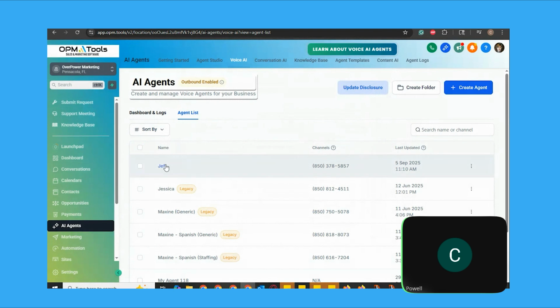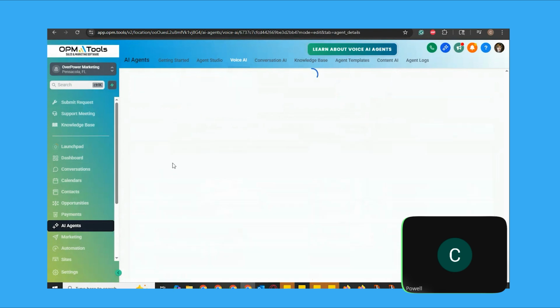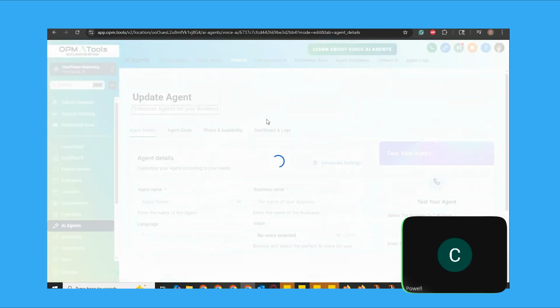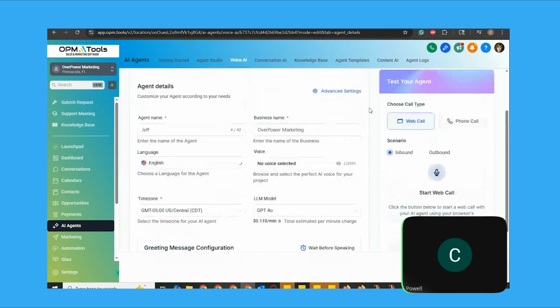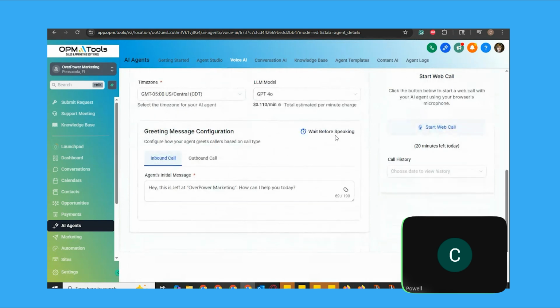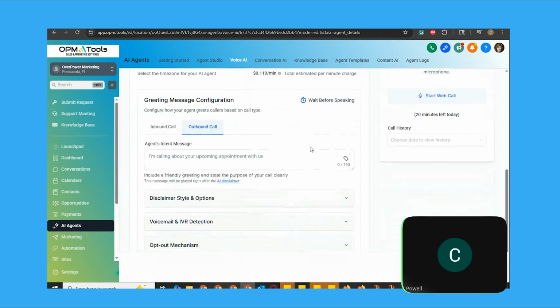Now, going into the actual Voice AI agent, once you've completed that, there's going to be an additional section to the agent details. Right here, there's outbound call. Here, and one thing that you need to know whenever you're about to do the outbound call with your pre-existing Voice AI agents is that it's probably best to make an additional Voice AI agent rather than using a pre-existing